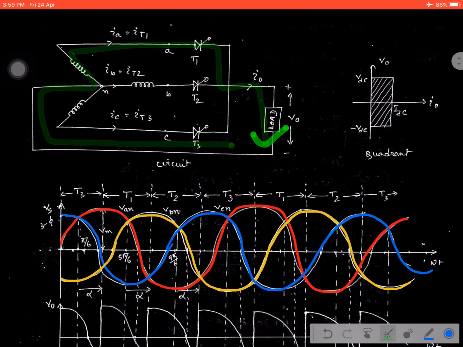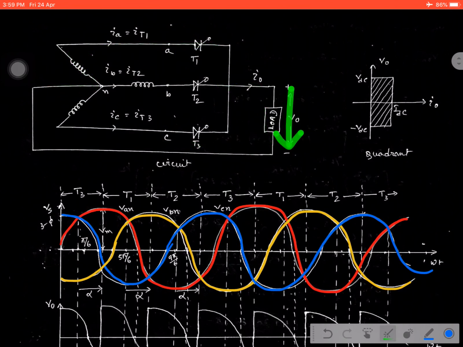That means in both cases, during charging and during discharging, the inductor current remains the same. But during charging, the inductor polarity is positive on this side and negative on this side, but during discharging, it will be reversed. That is why it can cover two quadrant operation, which is depicted in this figure. So when the